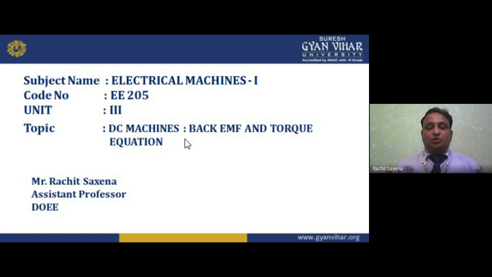And why did we study Unit number 2? Because these are the basics. If you don't know how we can convert from magnetic field to electrical field and electrical field to magnetic field, then we can't understand the basic concept of electrical machines, rotating or non-rotating. If I'm talking about the non-rotating machine, the transformer, it has no rotating part, but a magnetic circuit is there because we want flux. If flux cuts, then EMF is induced.